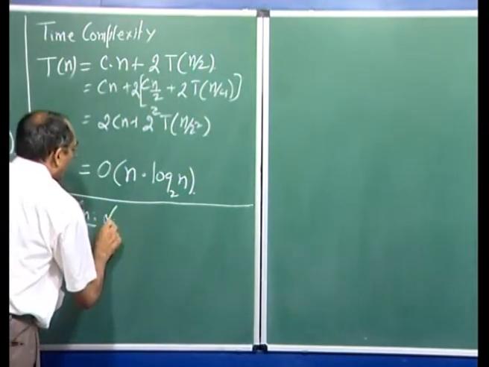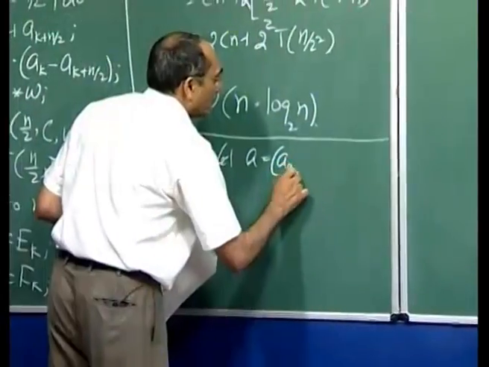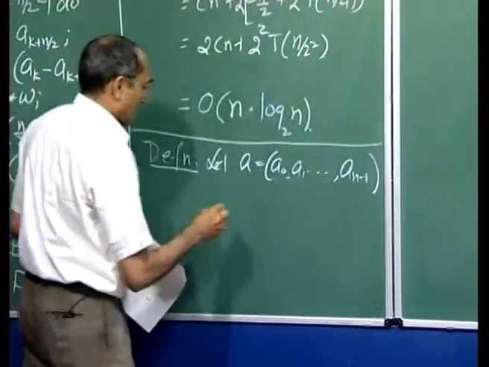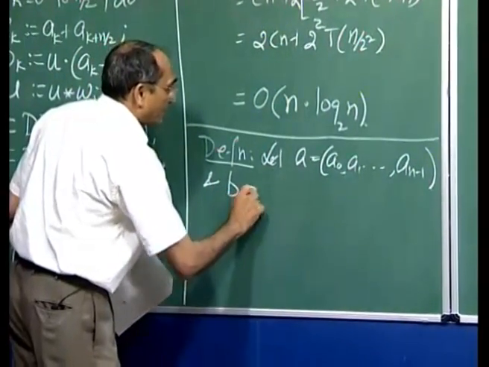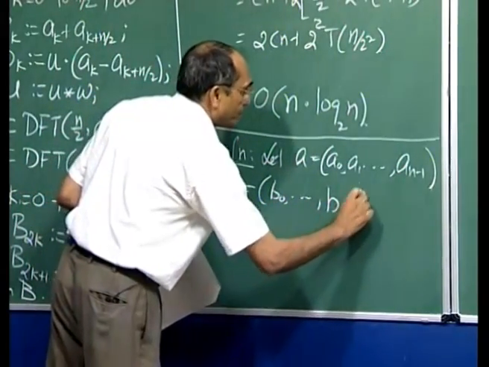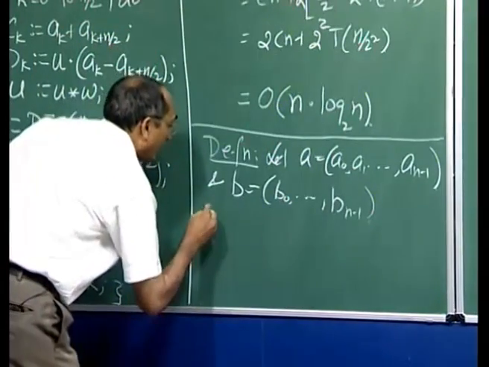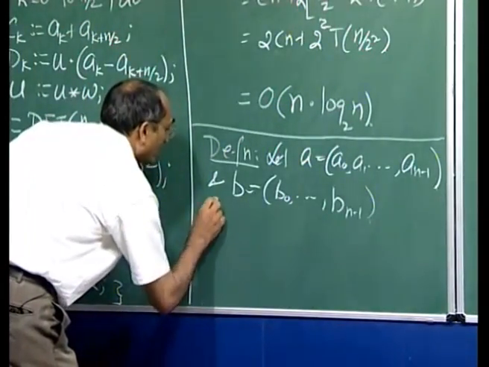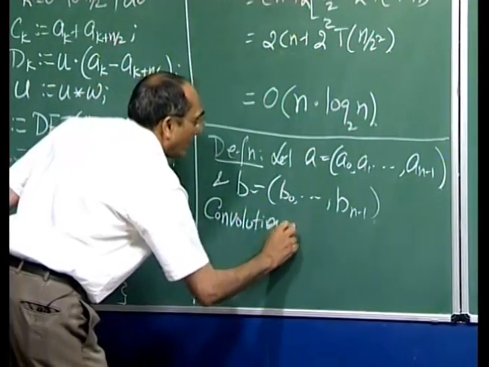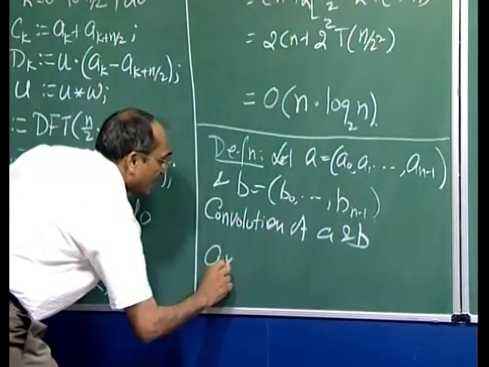So let A be A0, A1, An minus 1, and we have another vector B which is B0 through Bn minus 1. Then convolution, which I am going to define, convolution of A and B, which is A star B,